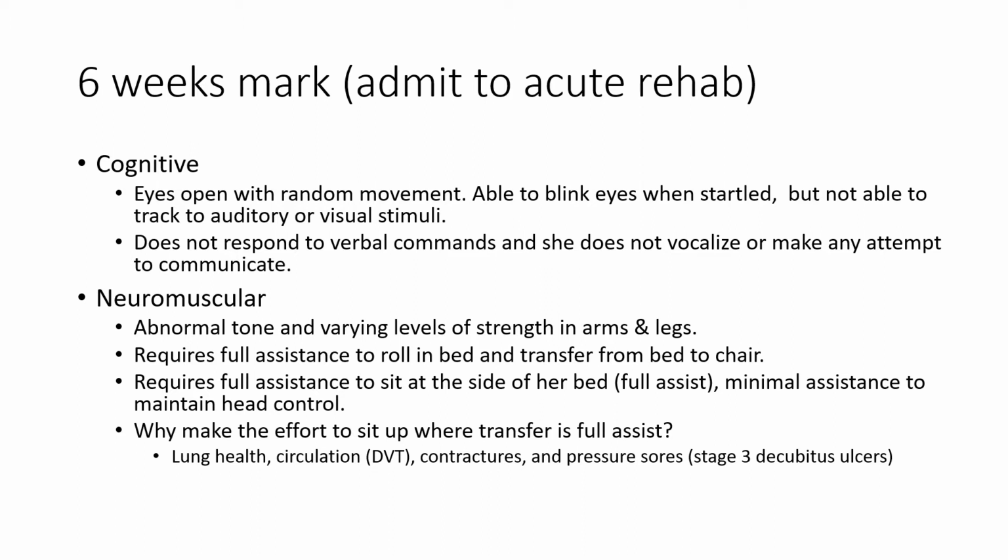A contracture can also develop in other neurologic presentations. We know she has abnormal tone. We know her ability to move in bed or sit to the side is significantly limited. So there is the potential possibility that her limbs may not move as much as they should, and she could develop a contracture.